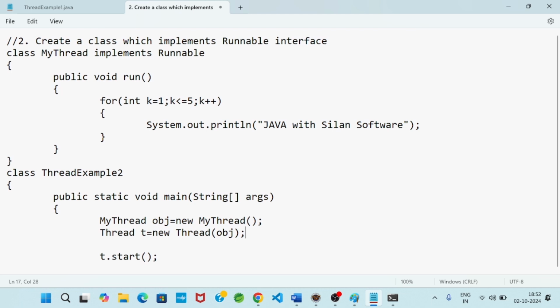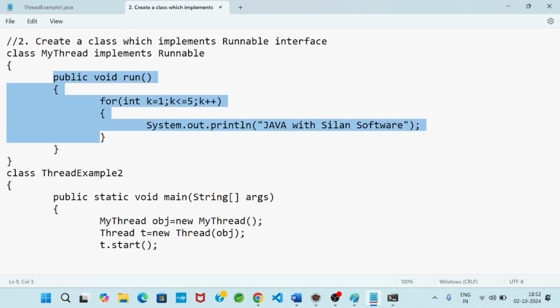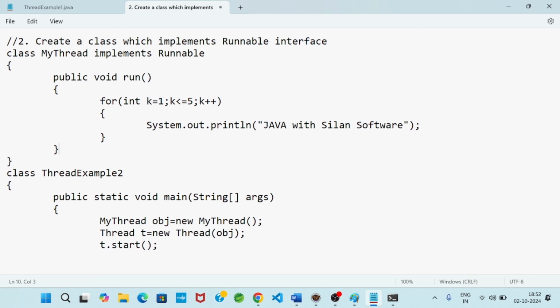Within the bracket I specified obj, so whatever property this obj contains, now t will contain. Then when t.start method is called, this portion will execute. So in this approach, you have to write this extra line.